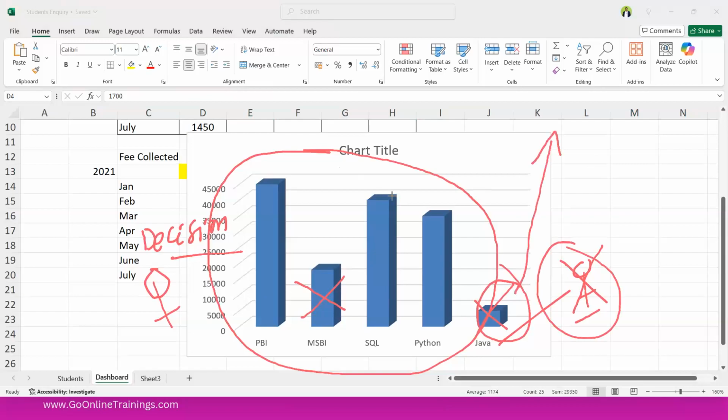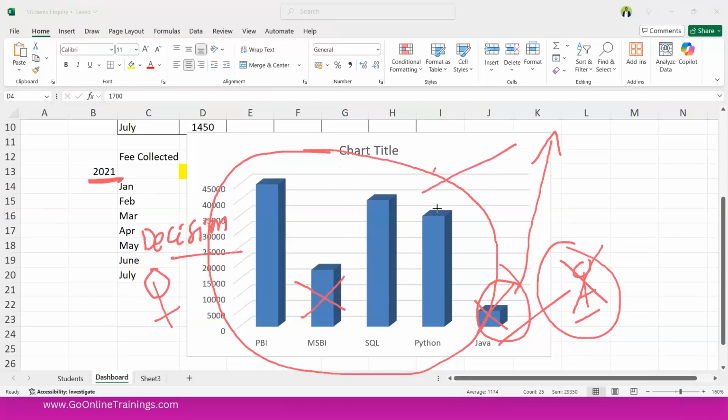So data analytics is also called a decision making system. Remember that. Clear? By seeing the past data, you're going to be taking the decisions. Using the decisions, you need to improve your business. So it is called business intelligence. Business intelligence means you're using your data to take the proper decisions. Clear? So why data analytics is important? Not to create reports. Using these reports, your management, your company has to take the decisions to improve their business,